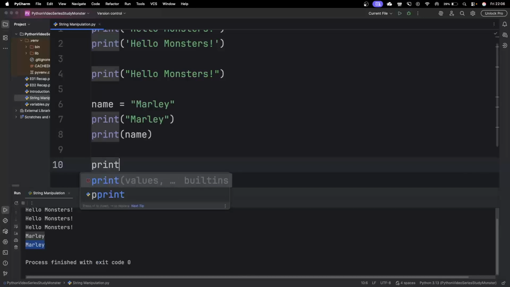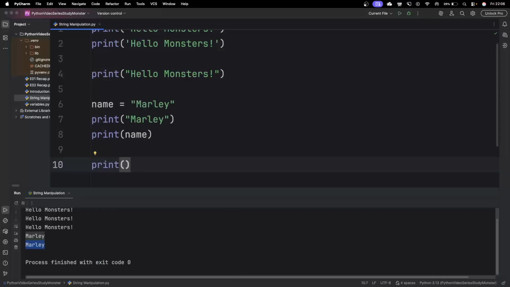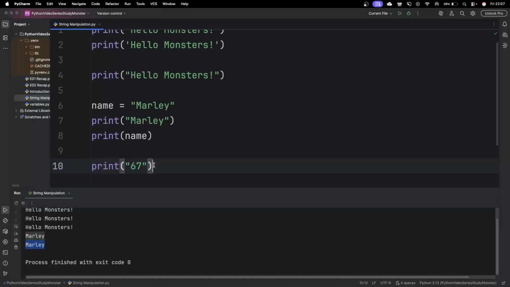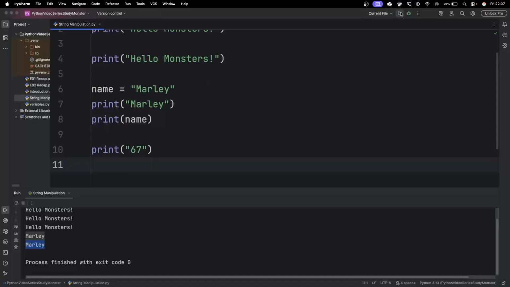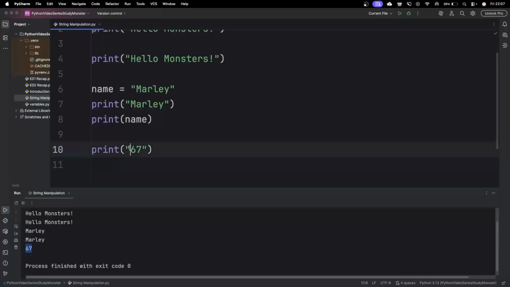Similarly, if we were to print out, and this is where some students do get confused, if we were to print out the 38, I'll say 44, or we'll go with the 67. If we were to print out 67, and then we run this code, what you need to get into your head is that this 67 is not the number 67. Because we've put this into quotes, we've printed the string literal 67. These are the character 6 and the character 7, and we know this because if we were to do something like